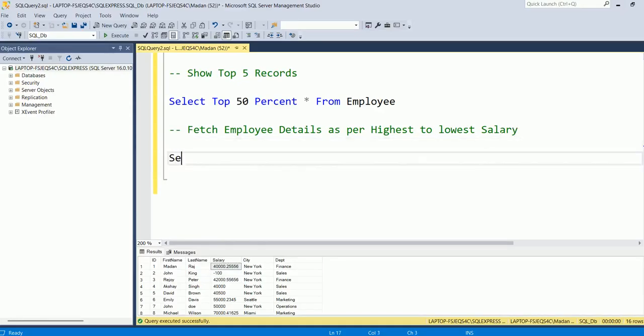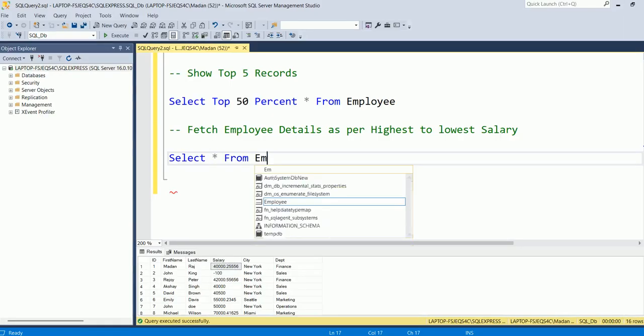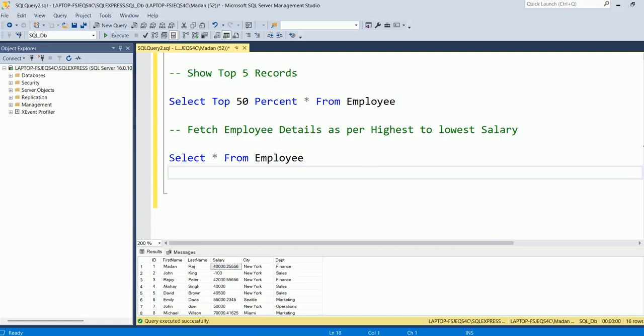Let's say. So the query is select star from employee